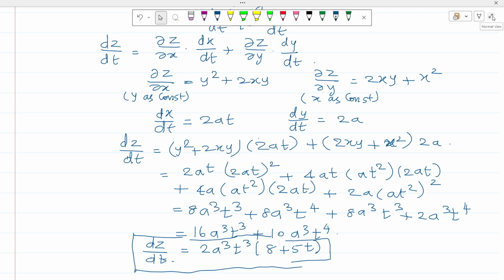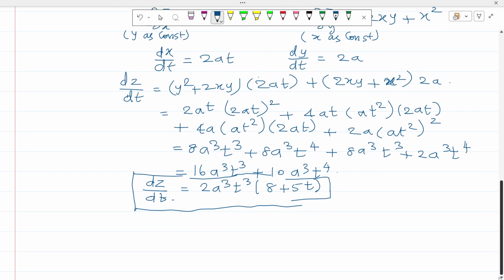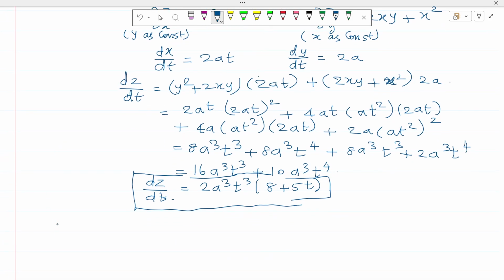See, in the topic, in the total differential, any specific doubt is there? Okay, it is one type of problem. Next type of problem is